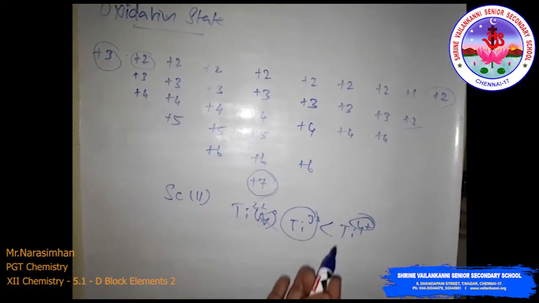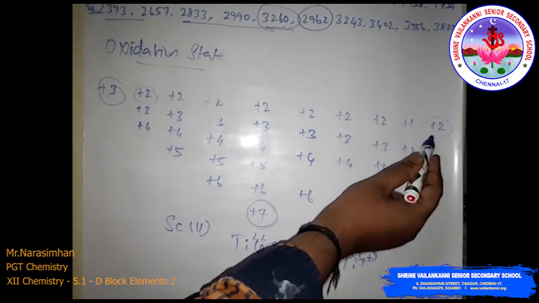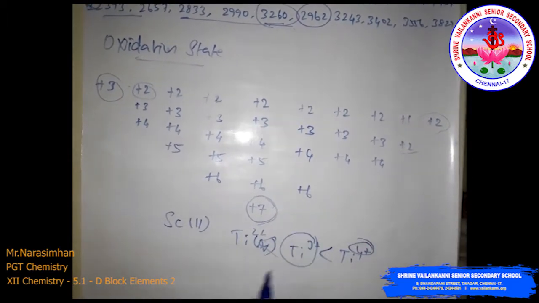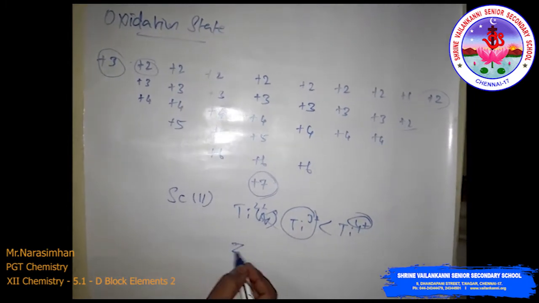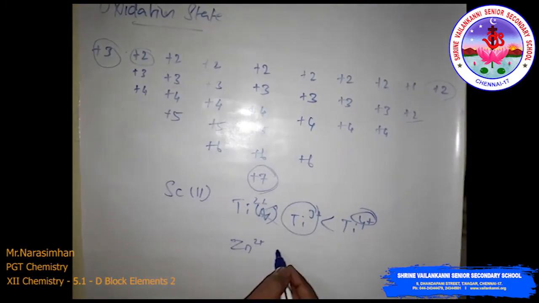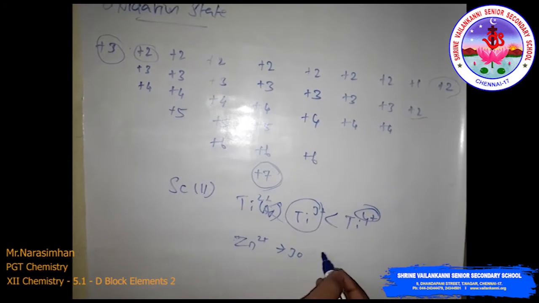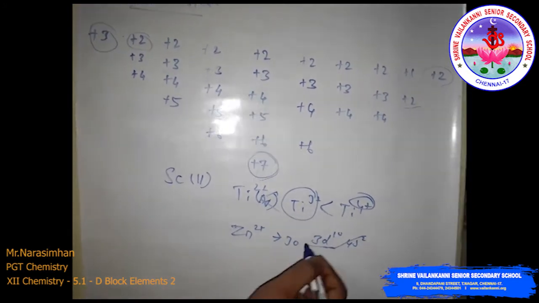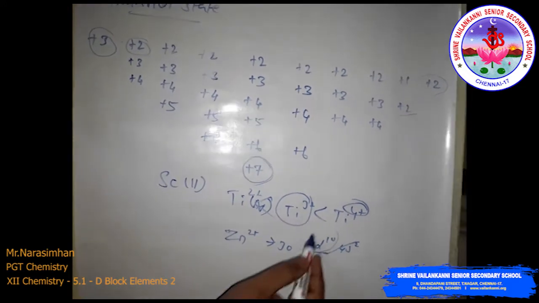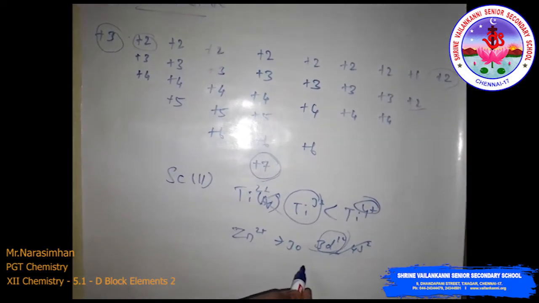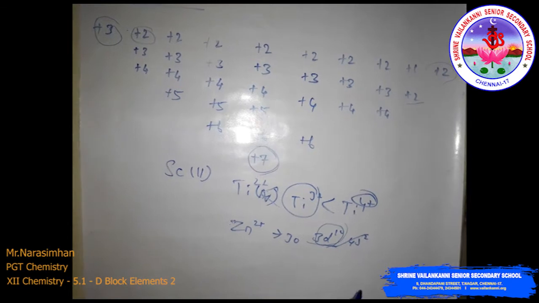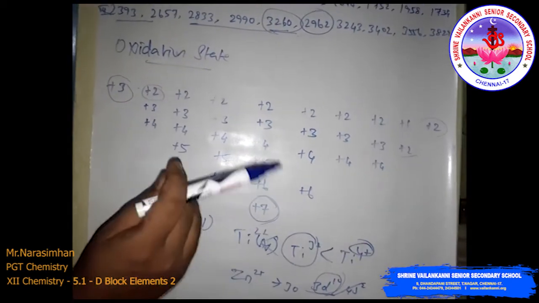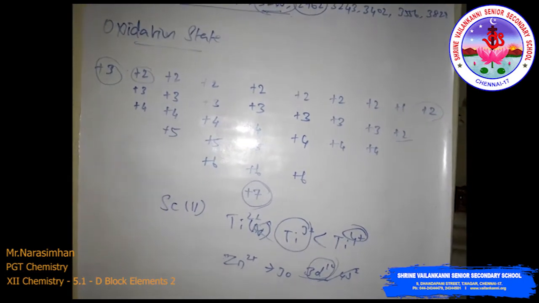At the other end, the only oxidation state is +2, where no d electrons are involved. Why? Because of how Zn2+ forms. Zinc's atomic number is 30, so 3d10 4s2, with removal of 2 electrons. No d orbitals are involved there. That is why it is not considered a transition element, as I already said. So this is why it exhibits only the +2 oxidation state.